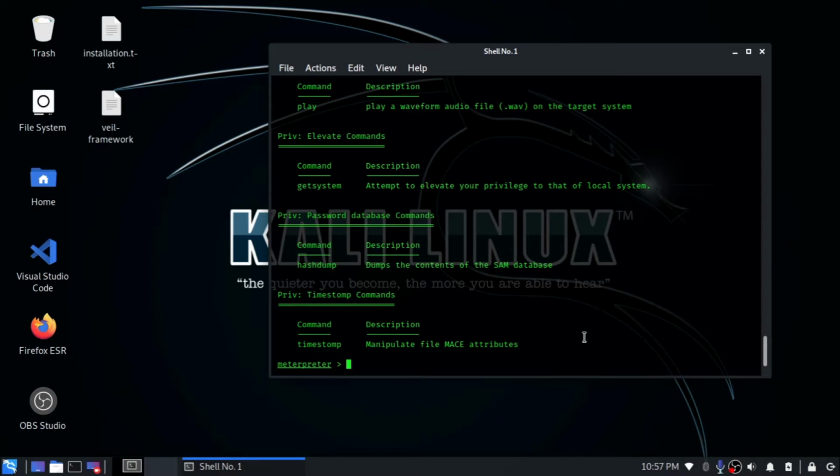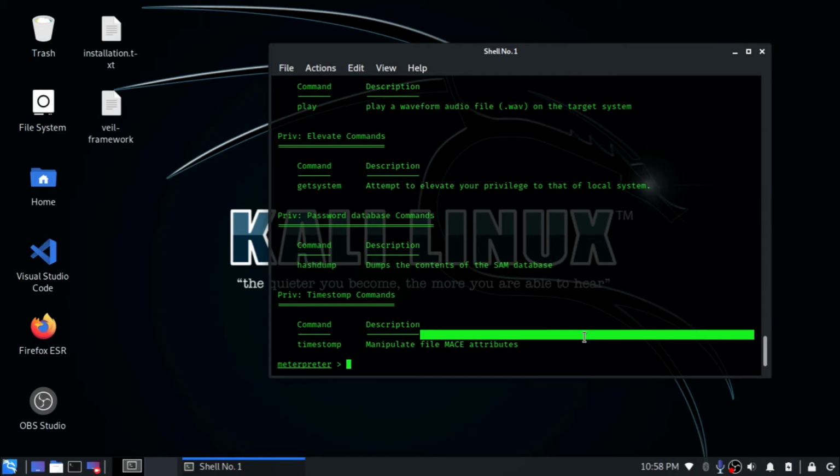In order to see the keystrokes, we need to type keyscan_dump. This will show all the keystrokes which we have captured, and in order to stop this, we can simply type keyscan_stop. This will stop scanning for keystrokes.